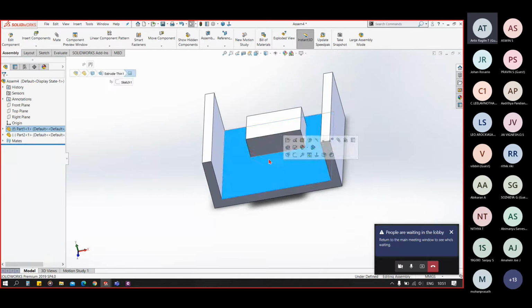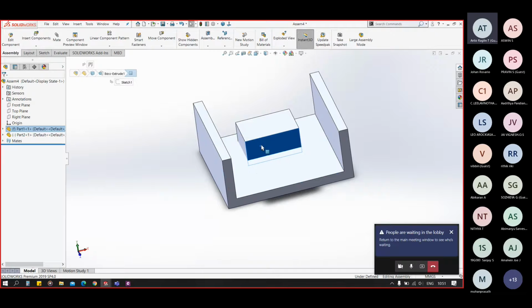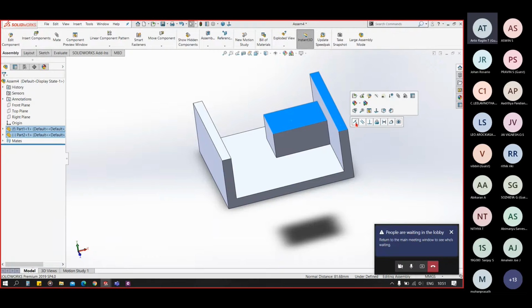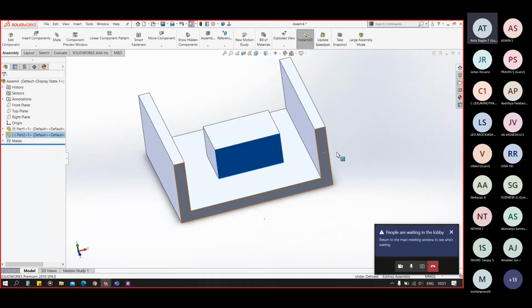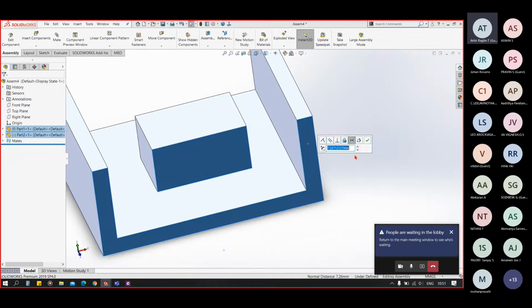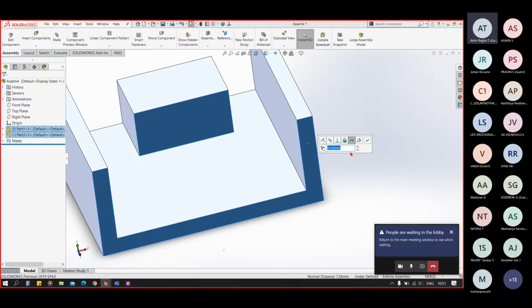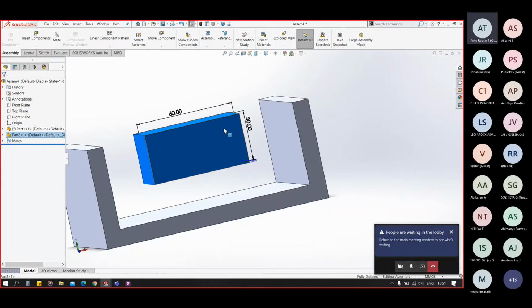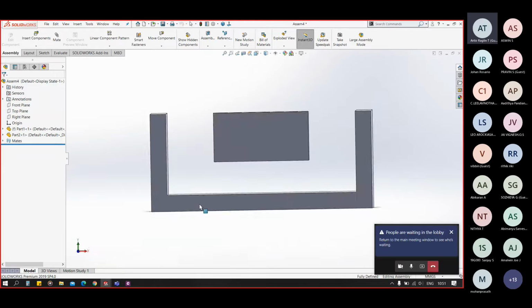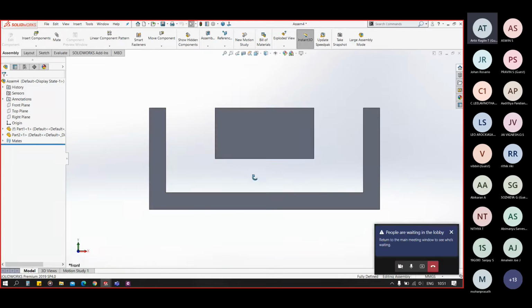Okay, let me fix the other dimensions of it so it will be more clear. Now you can see it is fully defined, and I have fixed its other dimensions. So you can see from this view it is perfectly in the center.